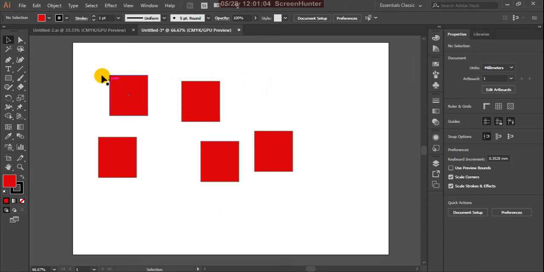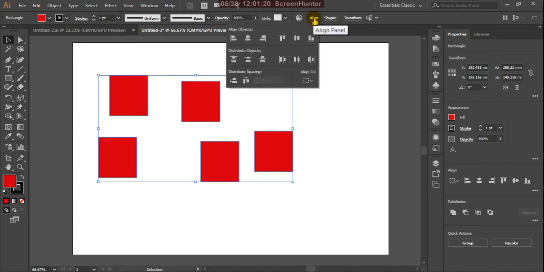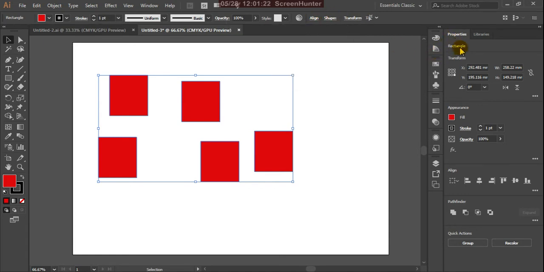You have to align these in a particular order, and for that purpose we have some options here. If you click on the align button, it is available here, or otherwise in the properties bar the align method is there. It is showing align to key object, align to artboard, align to selection.